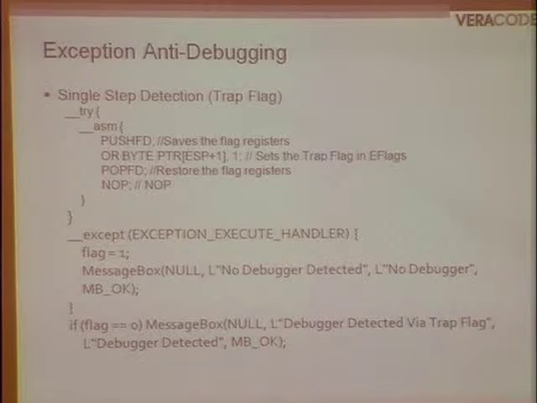Single step detection, the trap flag. We can use single step mode to detect the presence of a debugger. Basically what we do here, again, we had to do in assembly. There was no other real way to do this from C code. But the assembly calls there are very basic. We use pushfd, which saves the flag registers from the processor. Then we OR